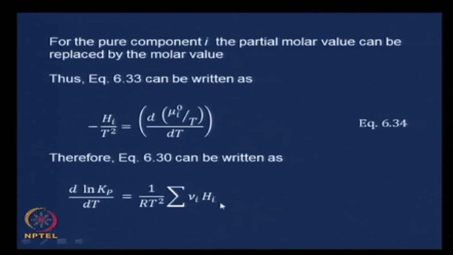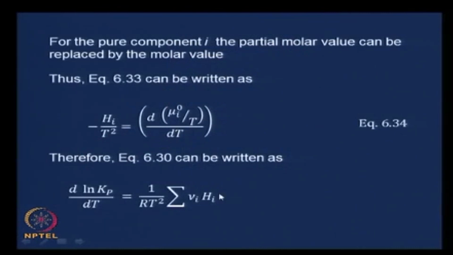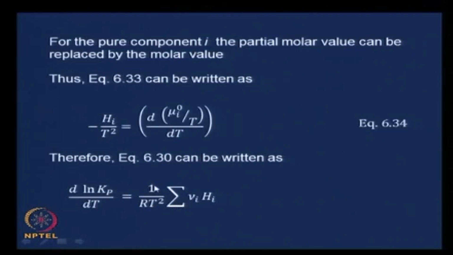This is something that you are used to doing right from higher secondary school. Sum over ν_i H_i is how you found your delta H for the various reactions, if you recall that process, and you took the enthalpies of the products, summed them up, enthalpies of the reactants, summed them up, subtracted enthalpy of the reactants from the enthalpy of the products, and that formally written in a compact notation is this, 1 by R sum over ν_i H_i. Let us call this equation 635,